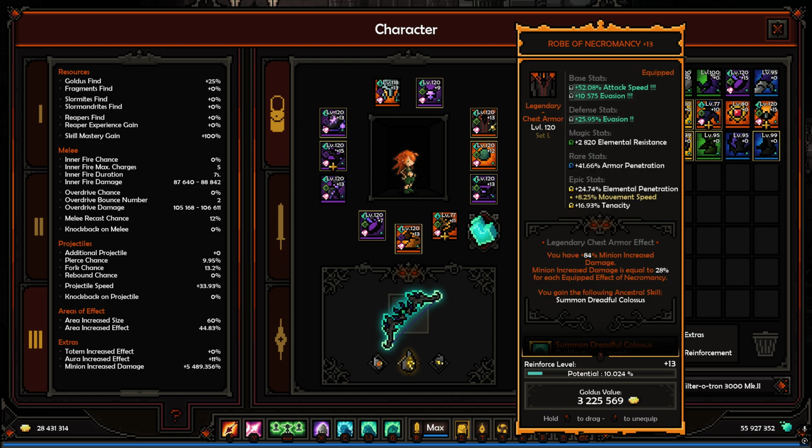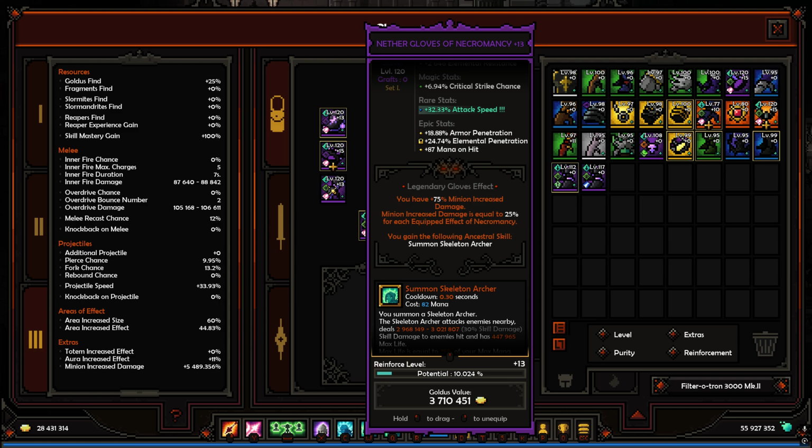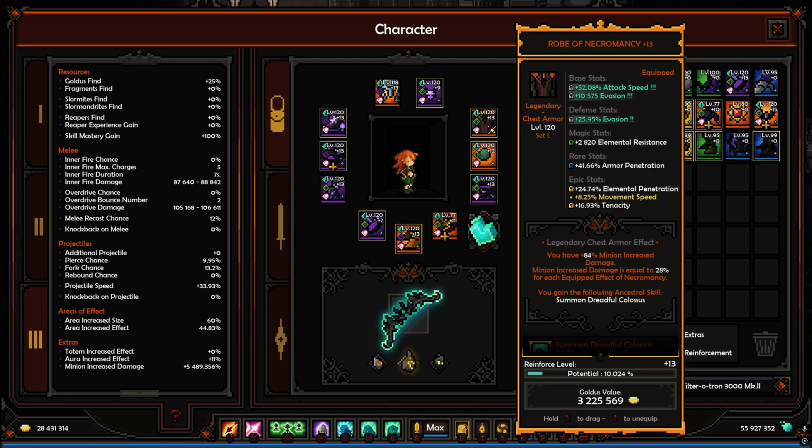We're using all 3 Necromancy items, which are pretty cool because each of them grants us access to a different minion, and it also grants us a bunch of minion increased damage, which might be really nice if you're progressing. Once you're in the late game, this is nothing, right? Getting an additional 225%, or even a little bit more, isn't really that big a deal. But earlier on, this might be pretty good. You get the minions. The minions are very cool looking. Unfortunately, their behavior currently is